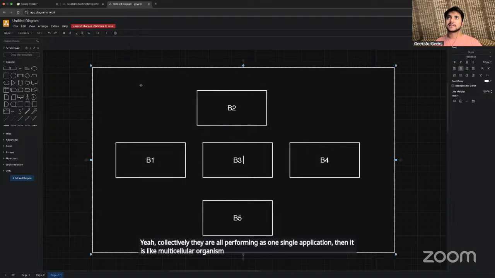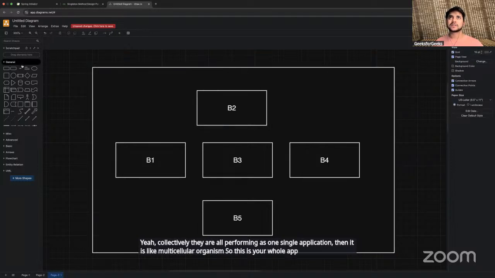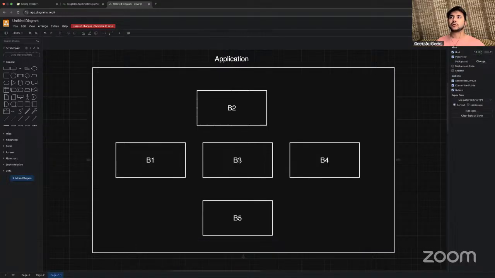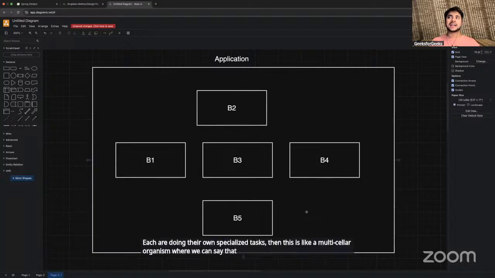So let's say this big box is your whole application, where B1, B2, B3, B4, B5 each are doing their own specialized tasks. Then this is like a multicellular organism, where we can say that every backend is like an organ or an organ system.